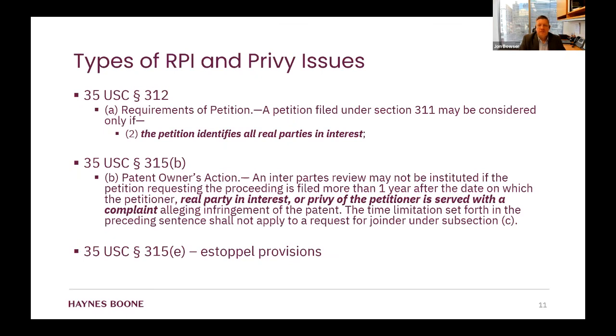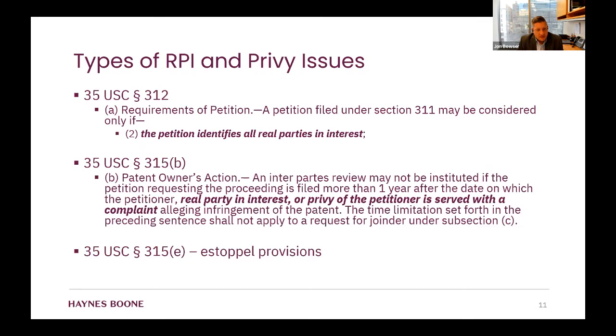Okay, so we have a couple statutory sections here where real party in interest and privity come up. Number one is section 312(a), which identifies what needs to be in the petition. And 312(a)(2) says that the petition has to identify all real parties in interest. There was an evolution here in PTAB practice. In the early days, a lot of patent owners used 312(a)(2). It's kind of a trapdoor, and they wanted to get cases thrown out if they felt like all the right